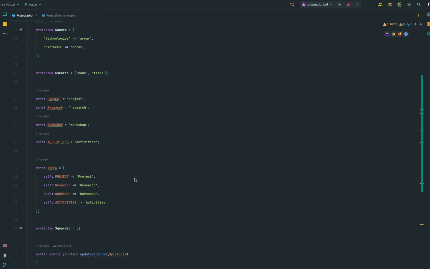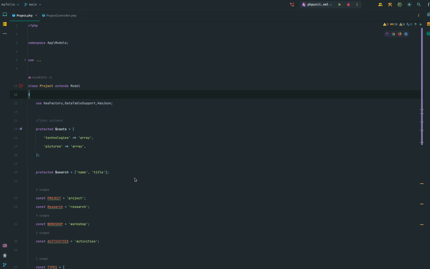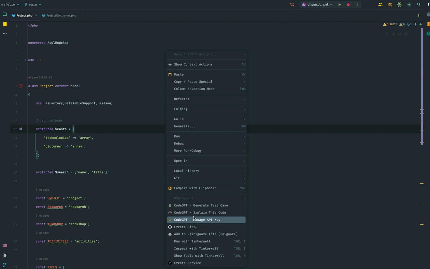So what does this plugin do? There are two main features currently in this plugin. The first one is it can generate test cases for any Laravel model or controller. You just need to right click and